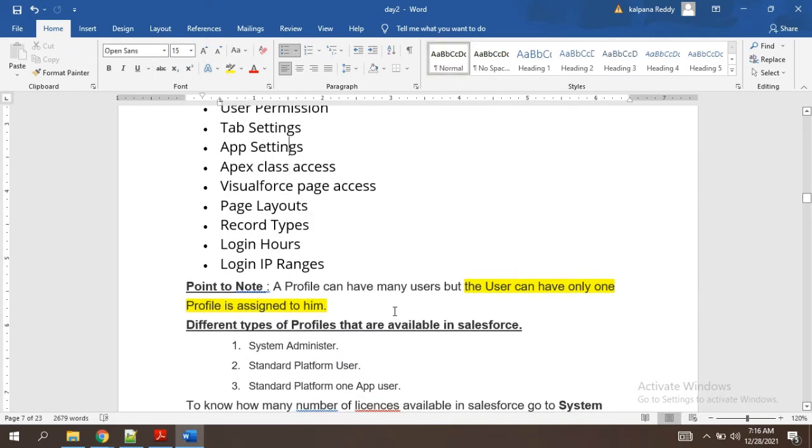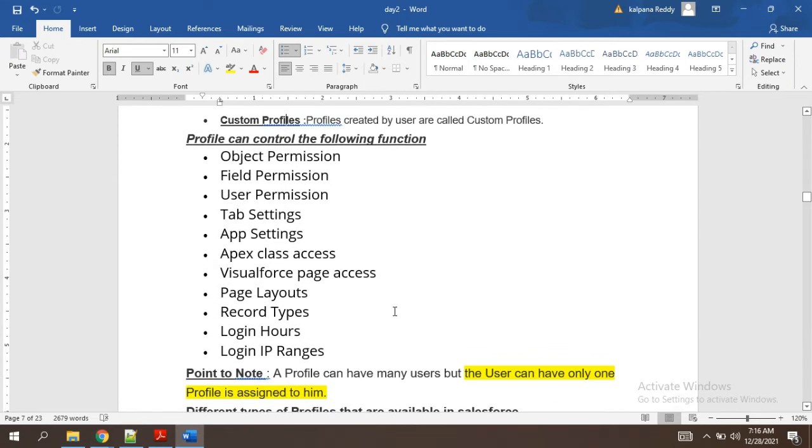So from profiles, what all the things we can control? Object permissions. What are the object permissions, guys? We remembered yesterday with some CRED: create, read, edit, delete, view all, and modify all.